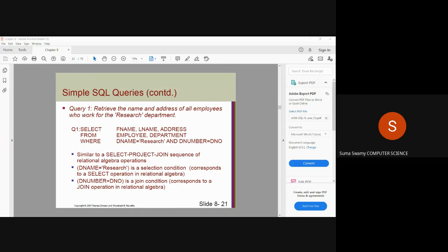Those who have not uploaded, please upload your PDF for project phase 1. Otherwise, your marks will be deducted. And one more thing I had asked you is the question numbers you have attempted, to cross-check with respect to my entry. So please upload that also. 32 members have already uploaded. Remaining have to upload. Please do that. Today only you have to finish that.